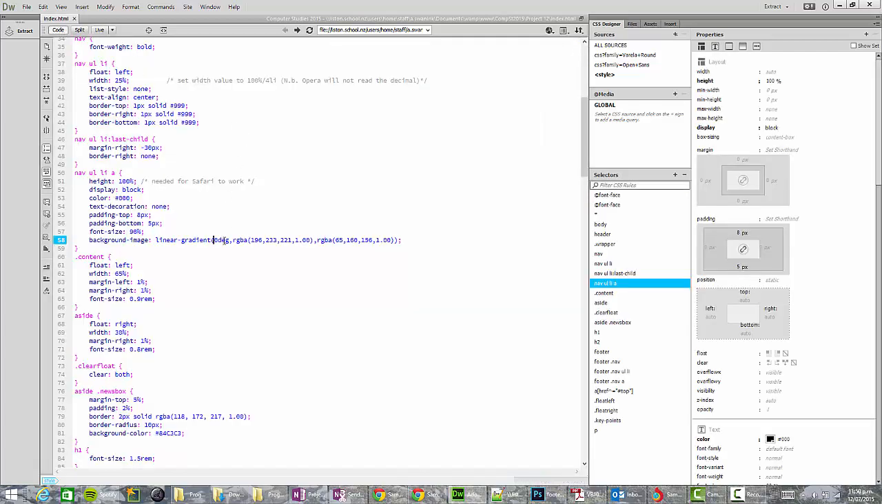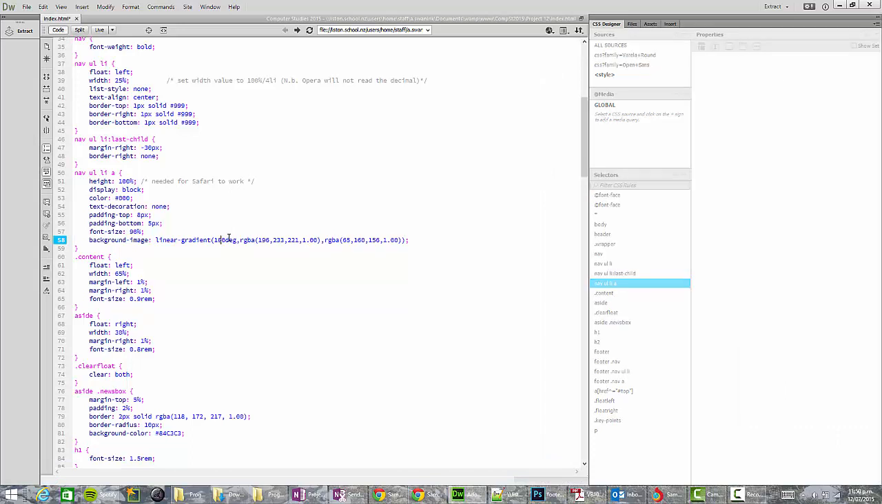But because of this 180 degrees, effectively we're going from that light color at the top to the darker color down the bottom. And so this is the darker color here that I'm specifying. Now the 1 is the amount of opacity, so how transparent it is. So this is completely opaque. There's no transparency at all. And this one here,